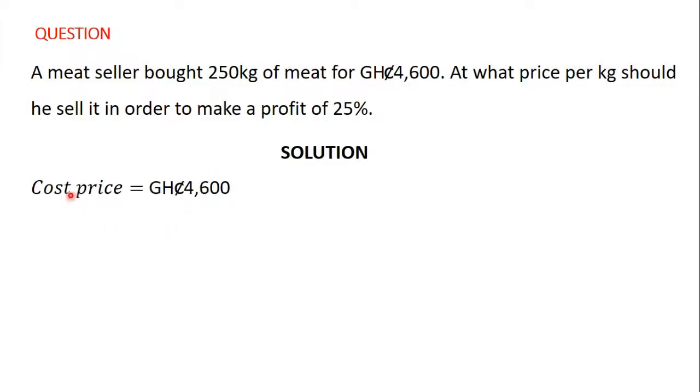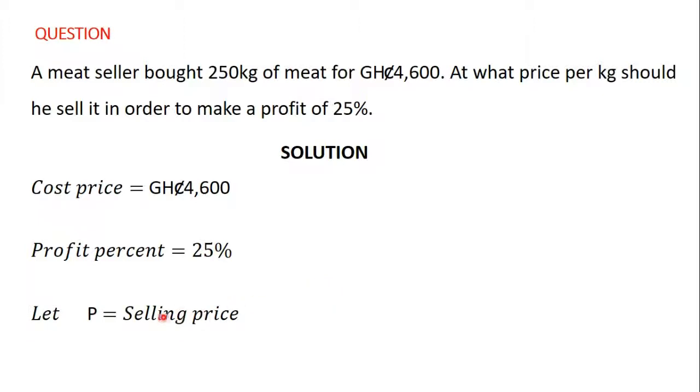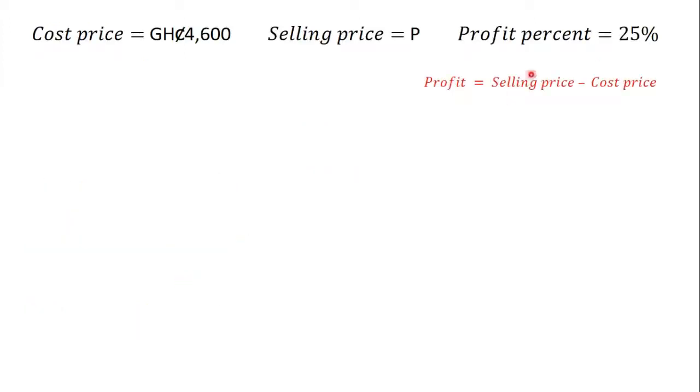So from here, we know that the cost price for the 250 kilograms is 4,600 Ghana cedis. And we also know that the profit percent is 25%. We want to find the selling price. So we are going to represent the selling price with a variable. So we will let P equal the selling price. Remember, this selling price is the selling price for all the 250 kilograms. We know that profit is equal to selling price minus cost price. So here, the profit is equal to the selling price, which is P, minus the cost price, which is 4,600